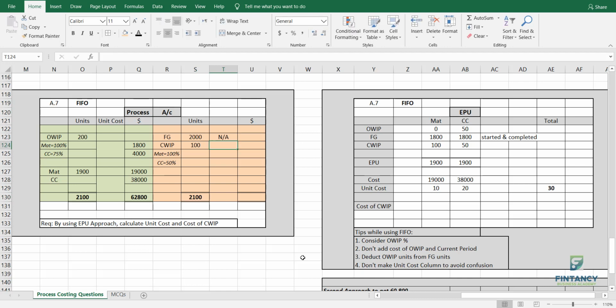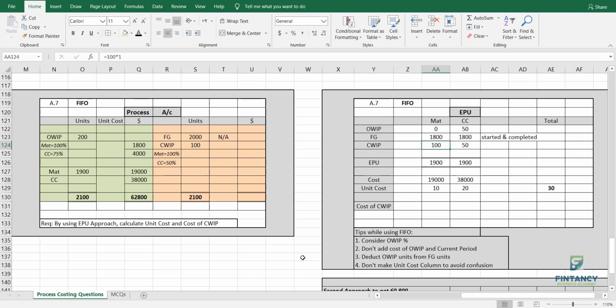Although the unit cost is 30. I mean, if the examiner is asking you, what is the unit cost of the month? So the answer is 30. But I will not write it in the T account. Why? Because if I wrote it in the T account, I will make a mistake. So what to do? So my friends, whenever you have first in first out, the approach is a little bit different. What is the approach?